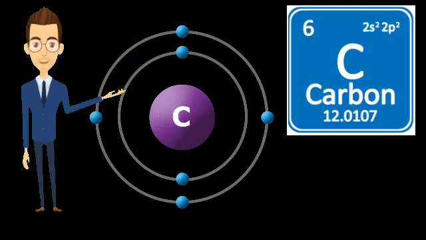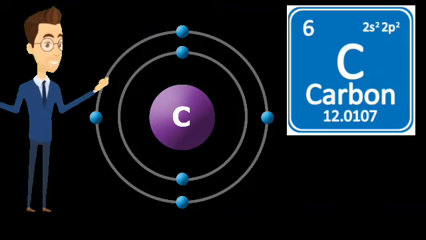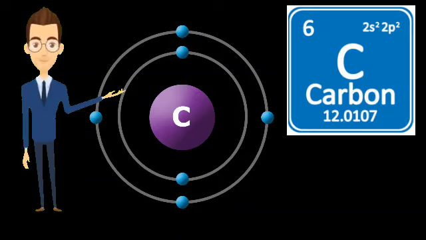Good morning, students. Today we are going to start carbon and its allotropes. You can see the symbol of carbon is C, its atomic number is 6 and atomic mass is 12. We have already discussed in classroom how to write the electronic configuration. In this picture you can see the dot structure of carbon, which contains 4 electrons in its valence shell.